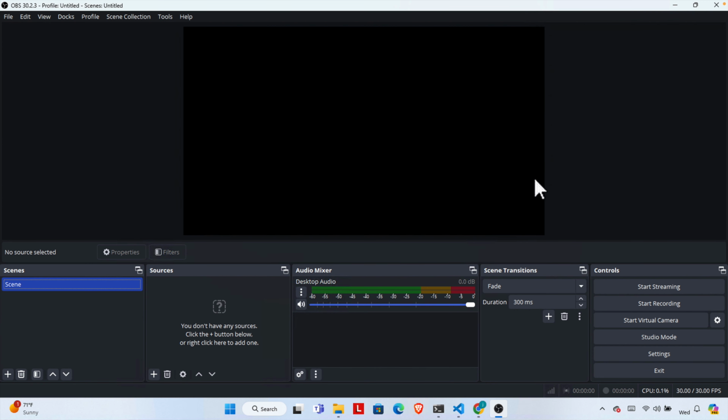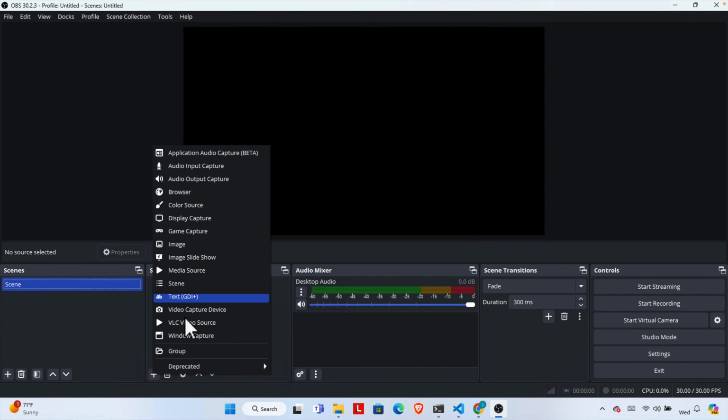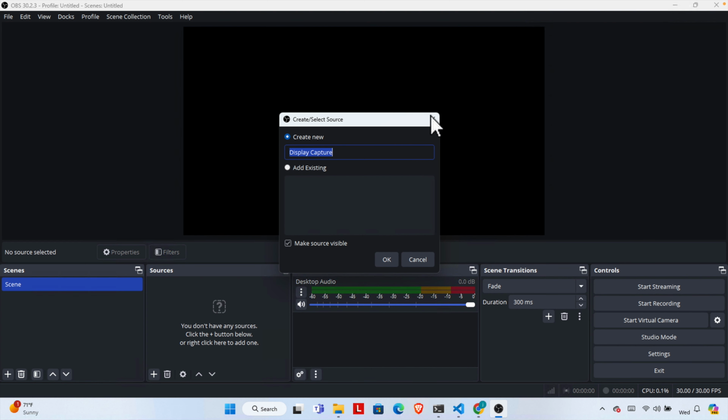To record our entire screen, at first we need to click this plus icon and it will bring us this type of menu. From here we have to choose Display Capture. Once we click here, it will ask us for this window. So it asks us to create a new display name, right? So I'm going to type something like Win 11 screen,